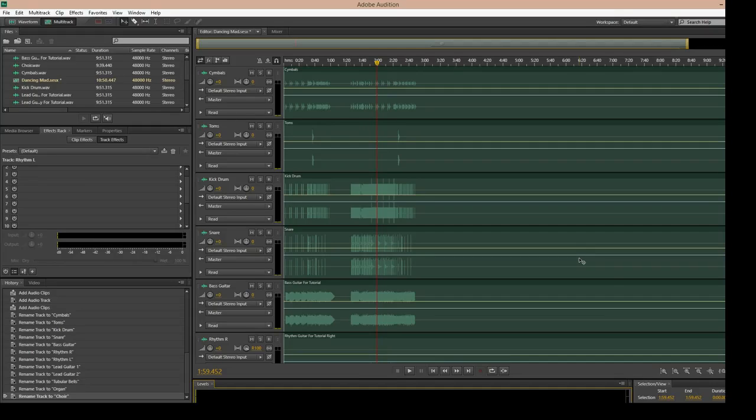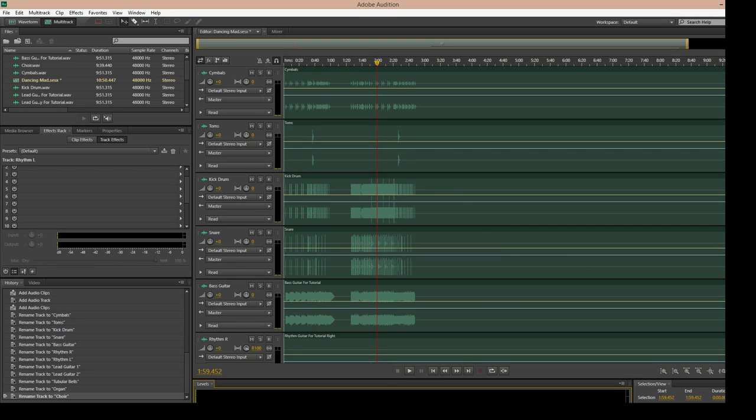Now, the first thing I want to do is make the drums come up to the level where I want them to be. In this style of music, the kick drum is very important. The kick drum needs to be really loud, because that's what's going to drive the picking techniques that you're using on your guitars. So palm muting, for instance, is a picking technique that you use for a rhythm guitar, where you put your palm down on the strings a little bit at the bass and you pick, and it gives you that, well,